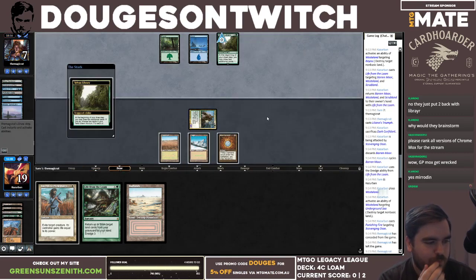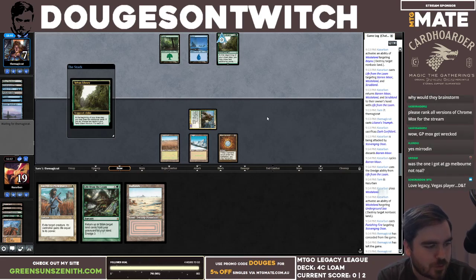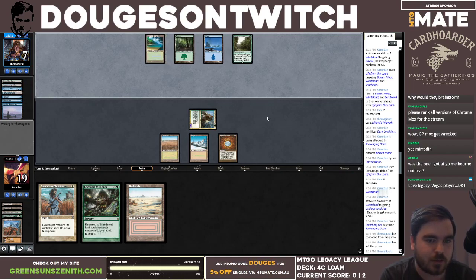That just happened. Was the one I got at GP Melbourne not real? Yeah, sadly, I think it's Eternal Masters as well that has Chrome Mox. I'm just not a fan of that. I'm a big fan of original art, so I apologize to anyone. Love Legacy, Vegas Player, D&T, and Sneak and Show are my favorites. Very cool. Did you play in the 16 Legacy? Maybe it was 2015. There was a Legacy